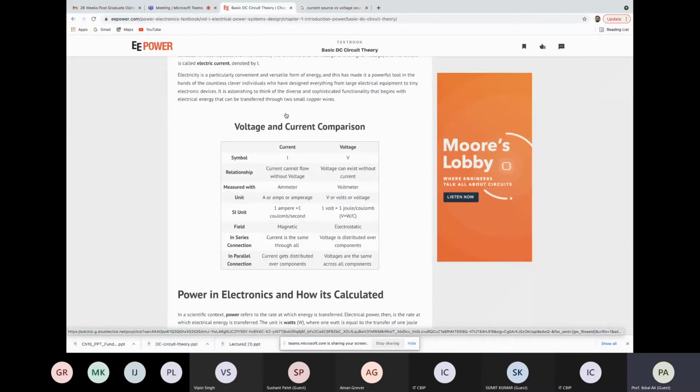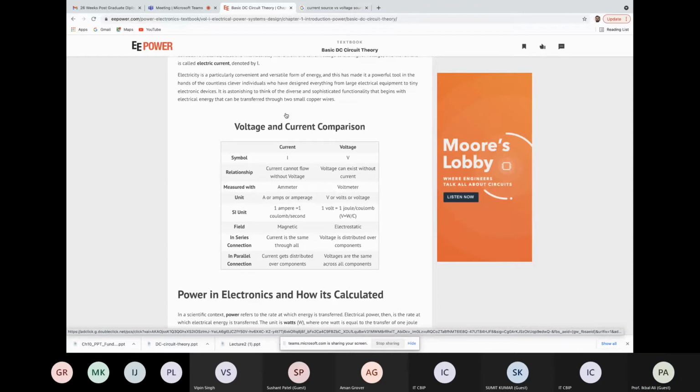And when there is a circuit and when there is a voltage, there will be some current flowing if it is a closed circuit. Because as you know, the current needs to follow a given circuit. If it is broken at any point, it does not form a closed loop, then current cannot flow in that particular loop.